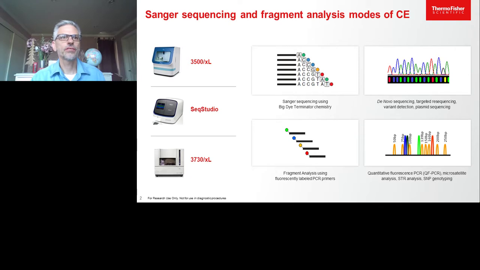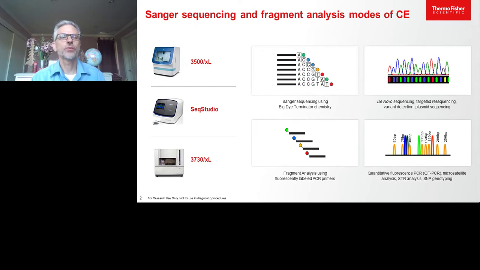And the second is fragment analysis, which uses fluorescently labeled primers to amplify specific regions of a target DNA to produce fragments of specific size. And this has a wide range of applications, including quantitative fluorescence PCR, microsatellite analysis, STR analysis for human identification and forensic applications, and SNP genotyping. Thermo Fisher has a suite of CE genetic analyzers that are designed to meet the throughput